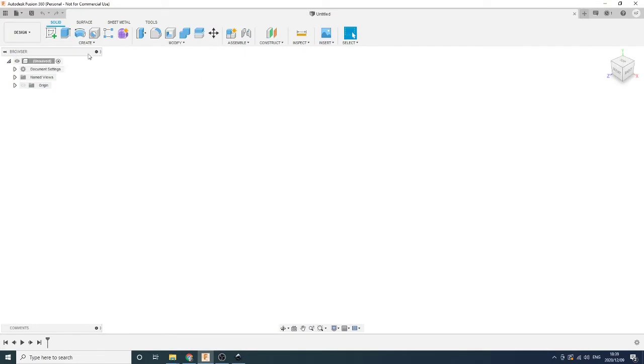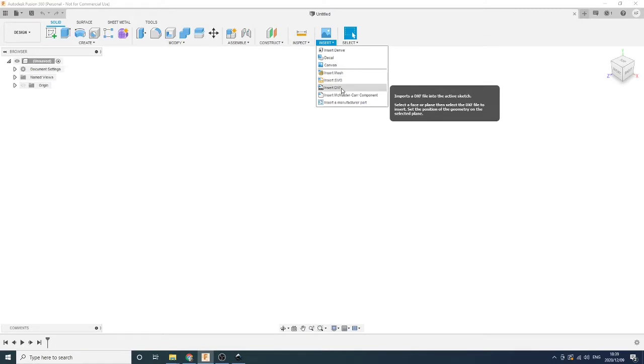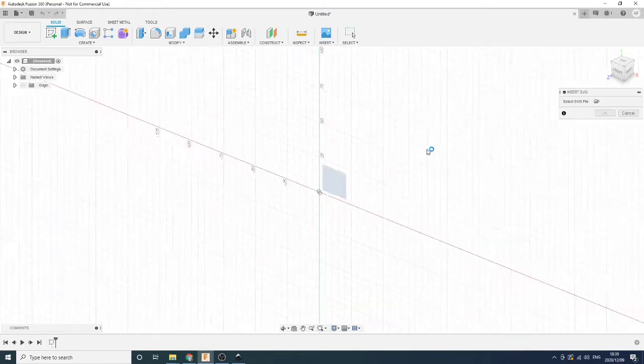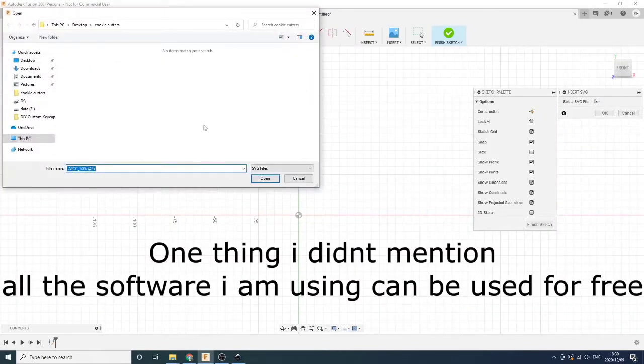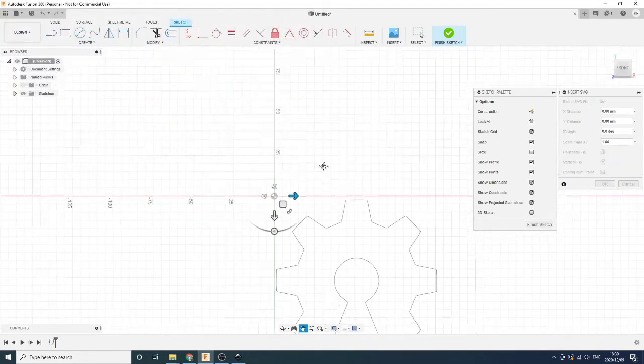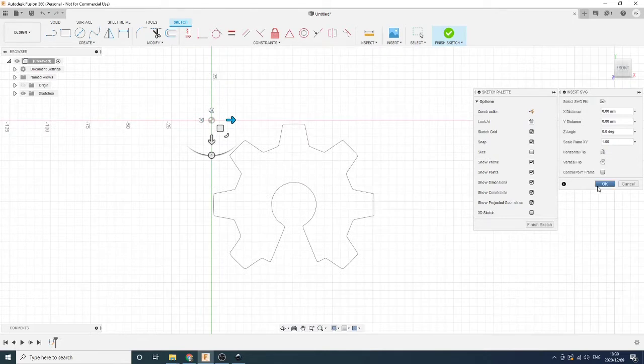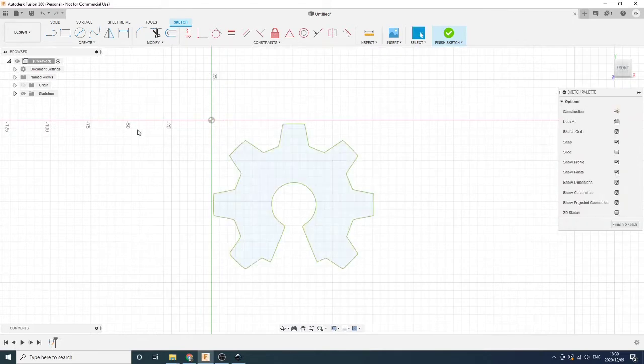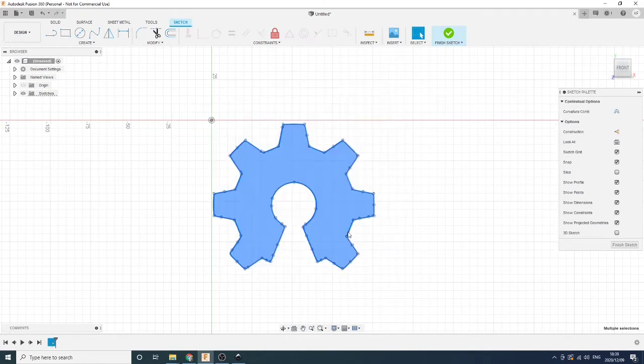Then what you're going to want to do is to go to Fusion 360, that is my designing program of choice, import the SVG that you just created, and then you'll get a nice vector drawing of what you want to make a cookie cutter of. And then what you want to do